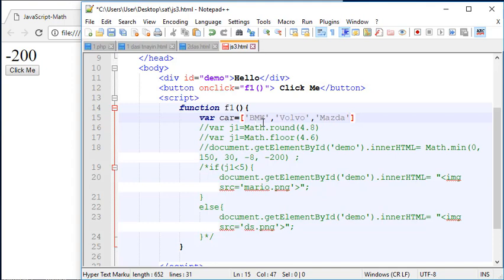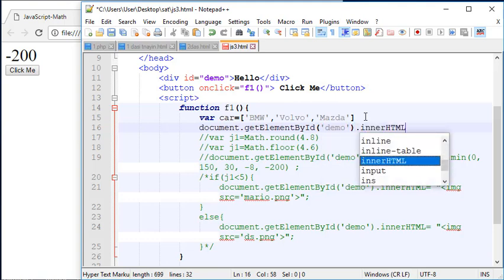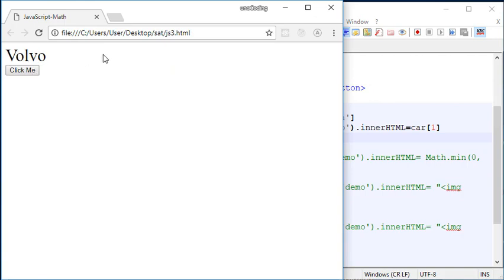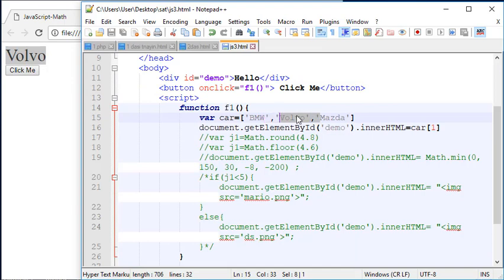And now we can go ahead and add in document.getElementById demo, and let's type in innerHTML. We could have just copied this from the bottom code, and I'm gonna write car, square brackets, and let's say 1. Now if I wrote 1, that possibly means BMW. However, we don't exactly know. Let's go ahead and save, refresh, and as you see, we get Volvo, and Volvo is the second listed item